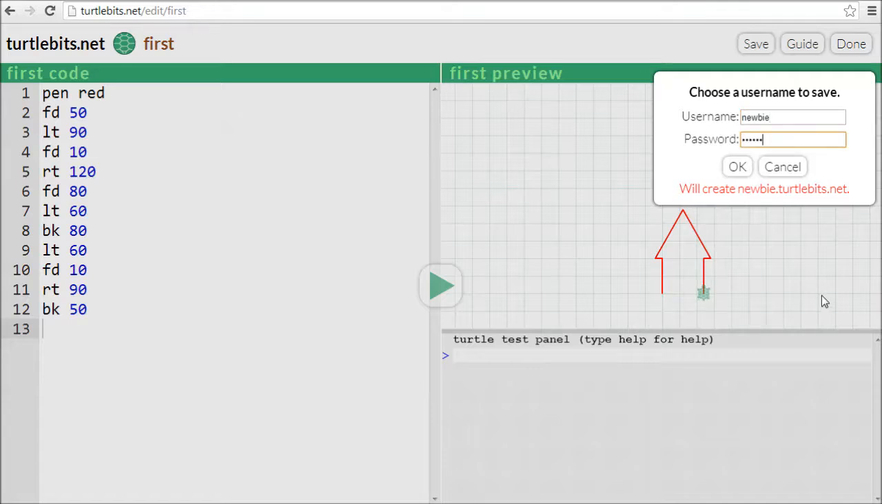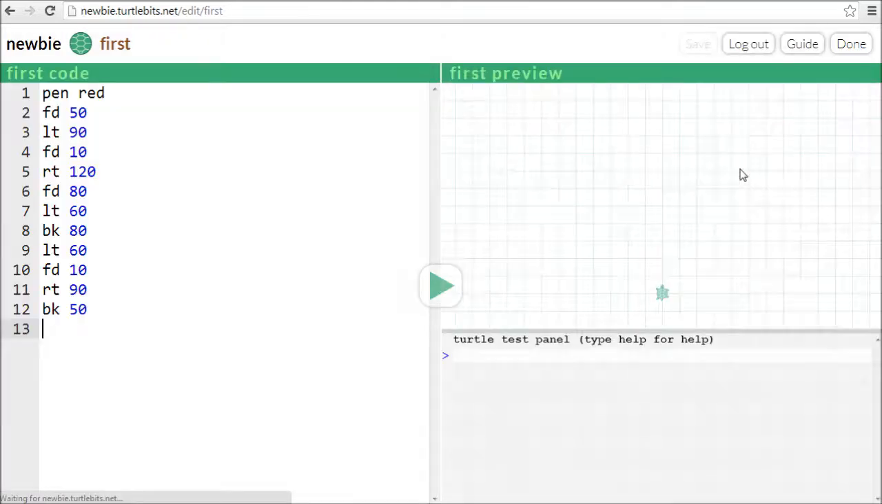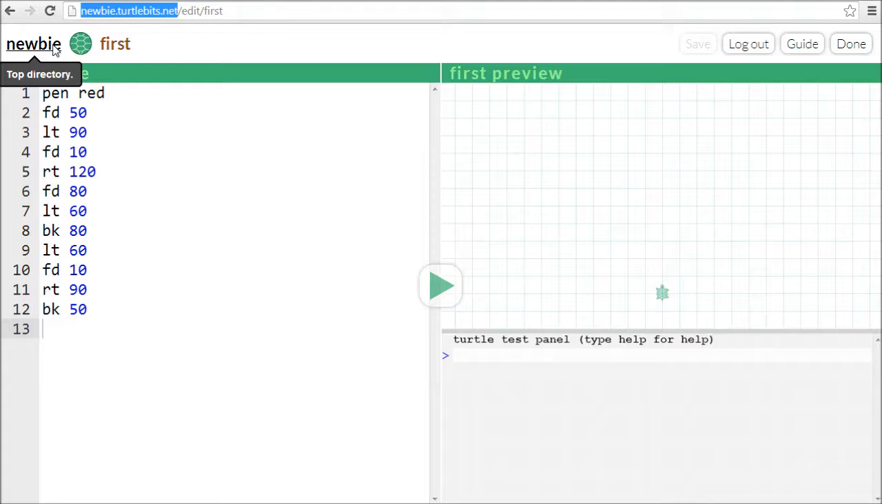And here, you can optionally put a password on the account, and what it'll do is it will create a new domain name, a new website, just for you with the name that you've chosen under the TurtleBits domain. And when I hit OK, the whole thing will be created, and my program will be moved into my own space under turtlebits.net, and I can just run it here, and I can always come back to this spot and